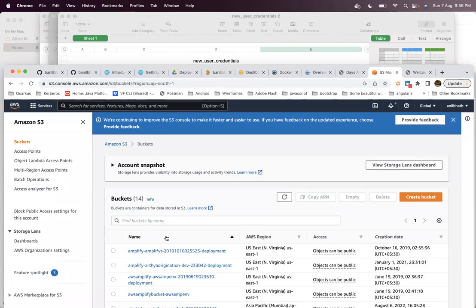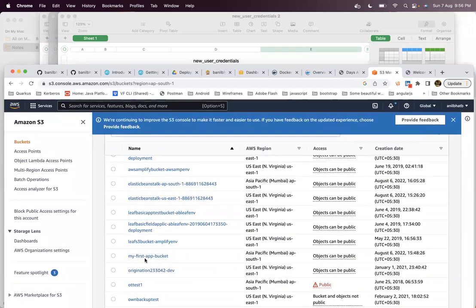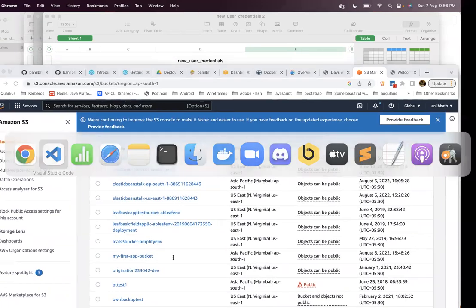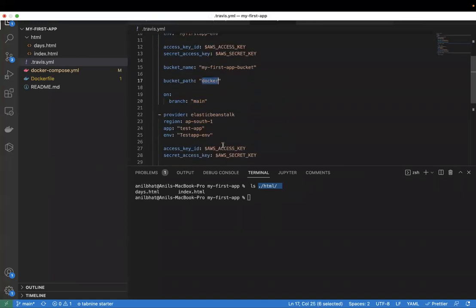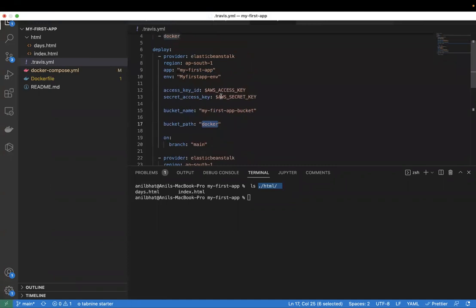AWS S3 bucket and verify that the bucket name is my-first-app-bucket, right? My-first-app-bucket. And the bucket folder name is Docker. And you want to run your Travis build on branch main, right? On GitHub, the branch name should be main. This is what you are saying to deploy info to